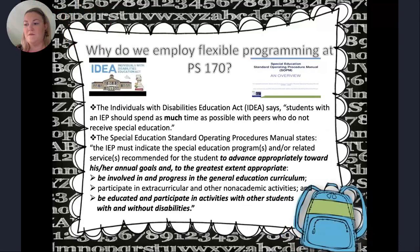Now, why do we employ this flexible program at PS 170? Well, the Special Education Standards Operating Procedures Manual and the Individuals with Disabilities Education Act says that students with an IEP should spend as much time as possible with peers who do not receive special education. And the IEP must indicate the special education program or related services recommended for the students to advance appropriately towards